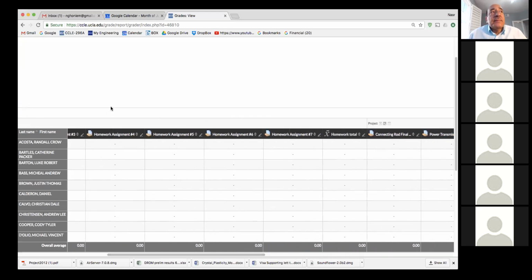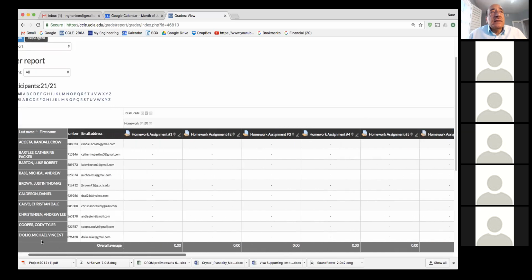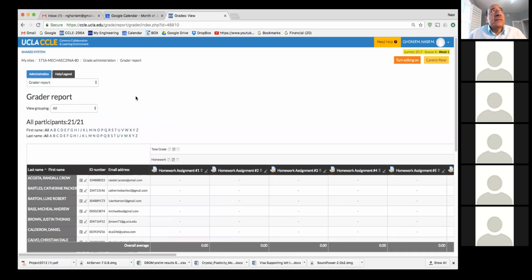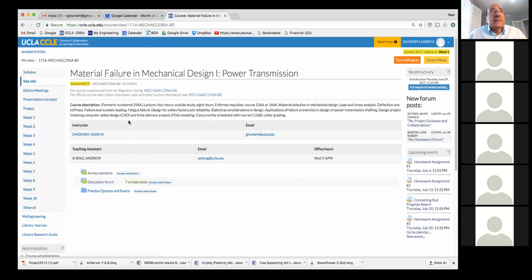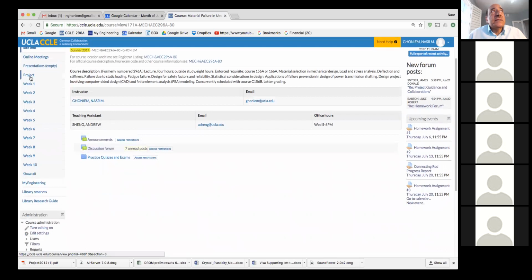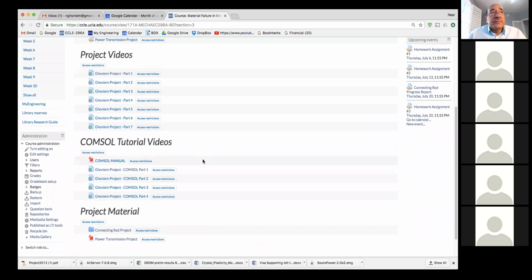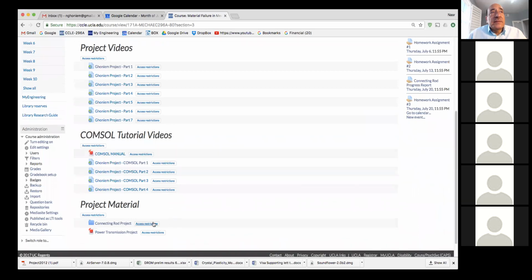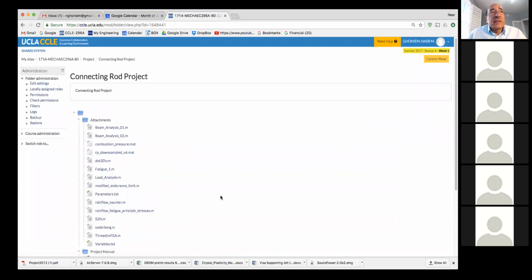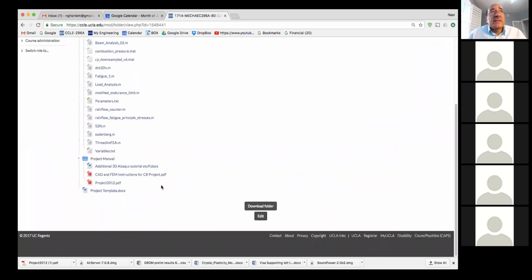And in addition to this, before I leave this site, to familiarize you with it, the projects themselves, if you go back to the project, we have the connecting rod project, for example, here. It has all of the instructions here, and then you can see towards the end, there's something called project template.